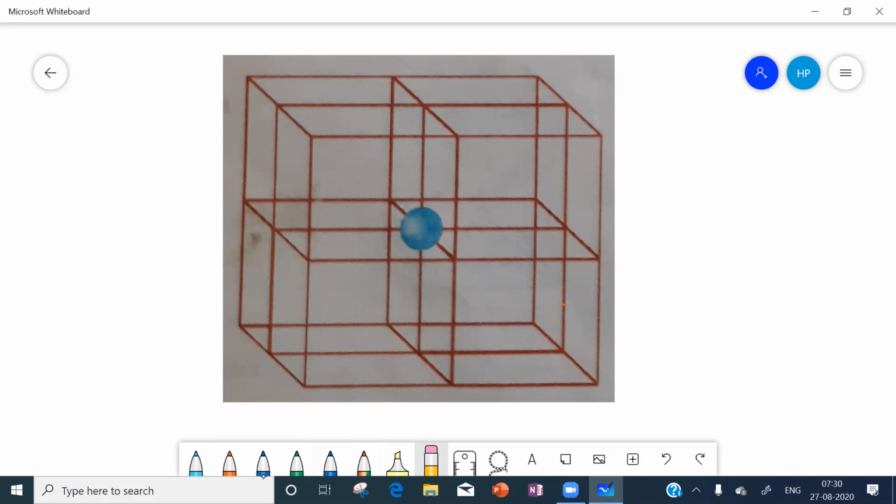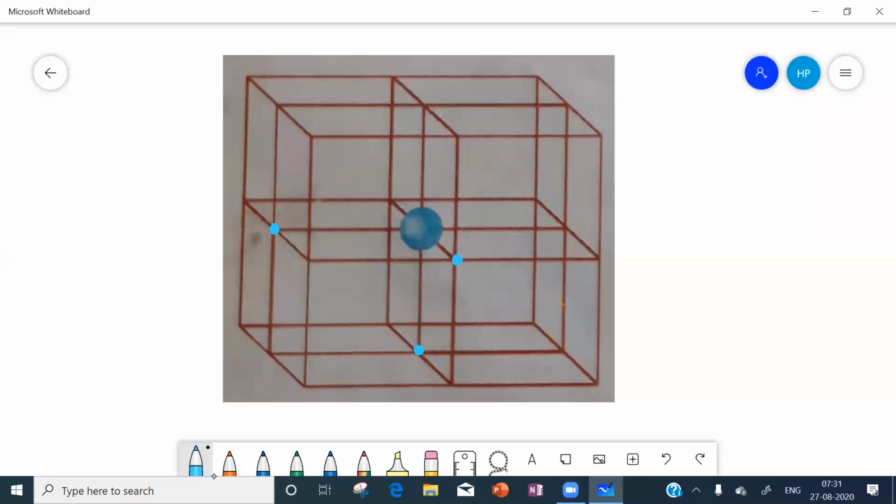To say octahedron, we want 6 particles. Those 6 particles we will take as face centers. So 3 face centers from one layer and the next 3 face centers from another layer. First I will take 3 face centers. This is one face center, it is another face center, this is another face center. Are these 3 face centers neighbors or not? This face center is neighbor to this face center. So these 3 face centers are in one layer. Do you agree?